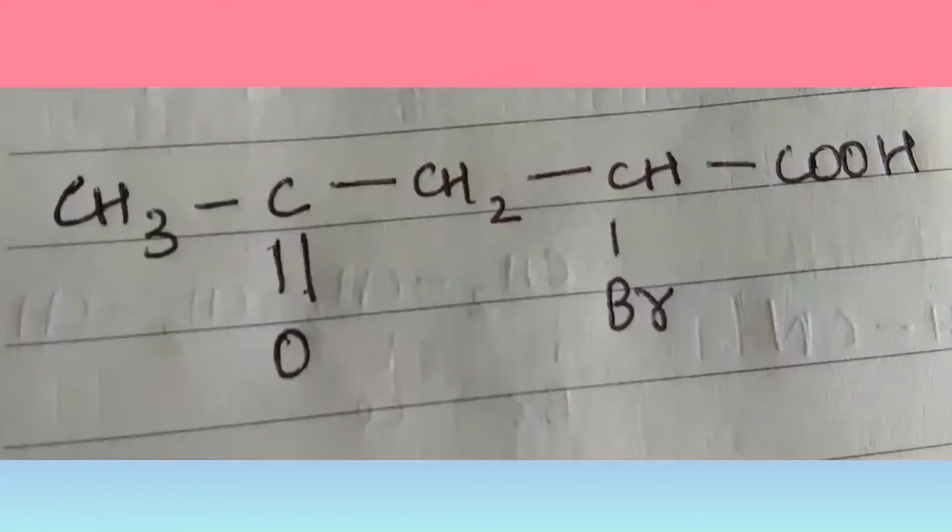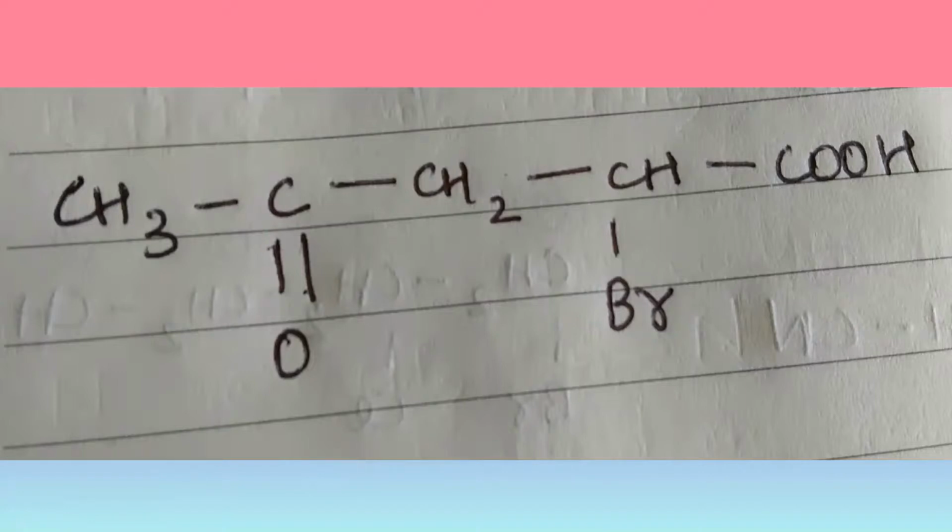Now coming to our next compound. Here you can all realize that we have a carboxylic acid present, and we also have a ketone group present in our carbon compound, and we also have a bromine atom. So now we have to decide which one will be our main principal group among ketones and carboxylic acids. We all know that carboxylic acid is the highest priority group present in our entire priority table.